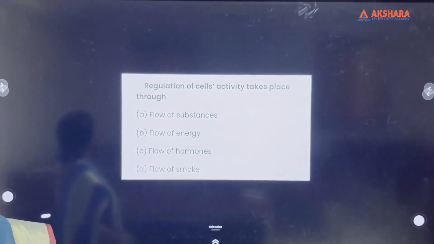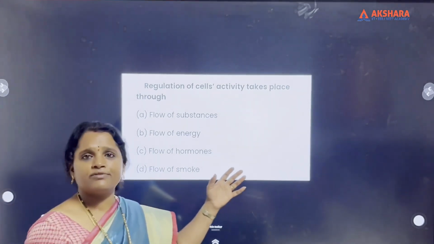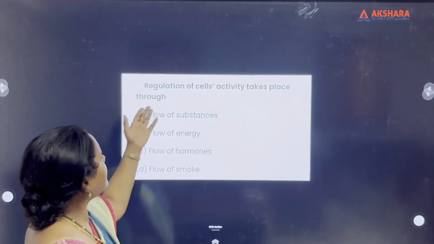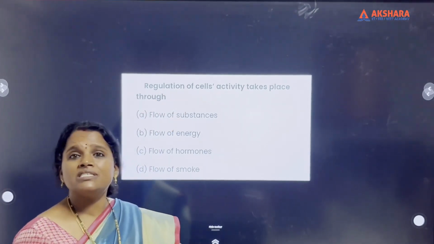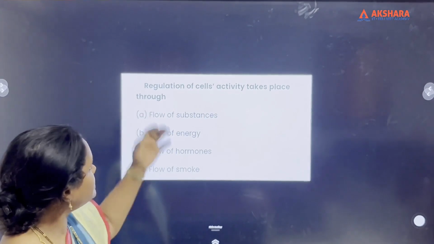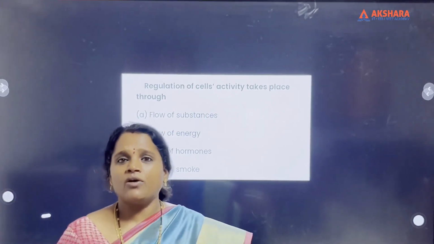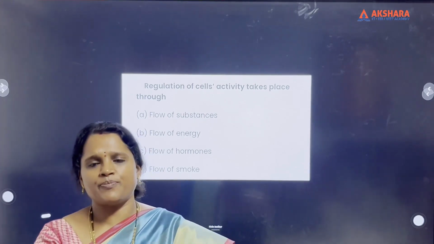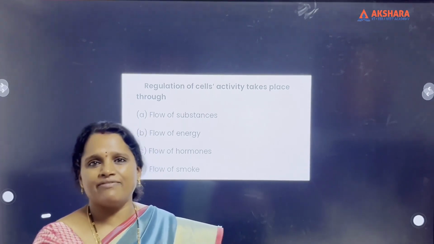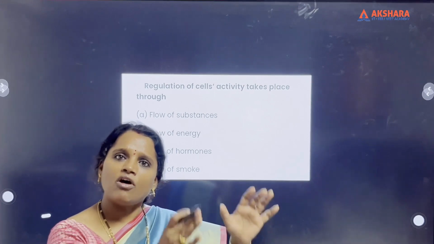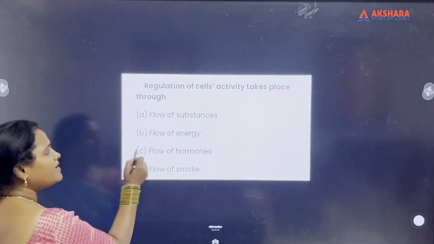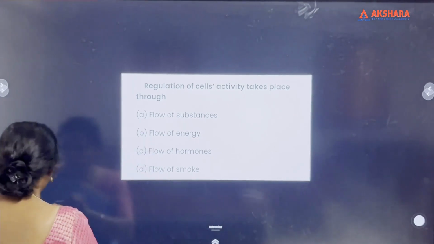So the frequently asked question, which has been asked in 2018 and 2020 also: regulation of cells activity takes place through. How do the cells regulate? Here the question is asking you about how the cells respond and how they divide, and how the regulation of division is confined. The regulation of cells always takes place through